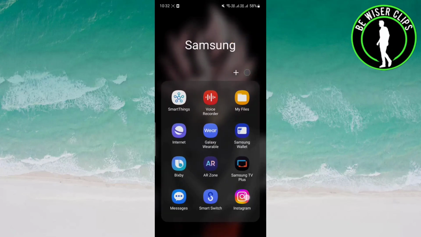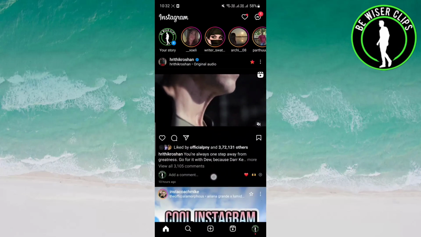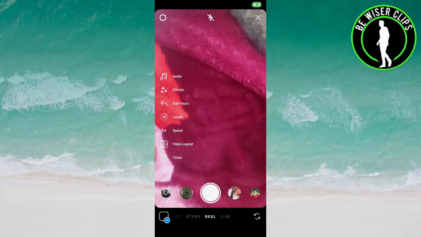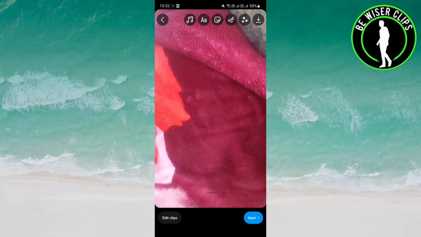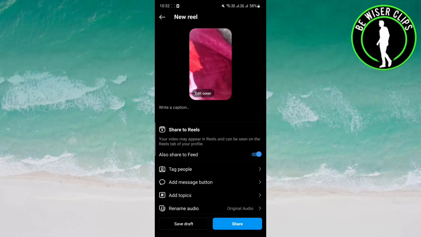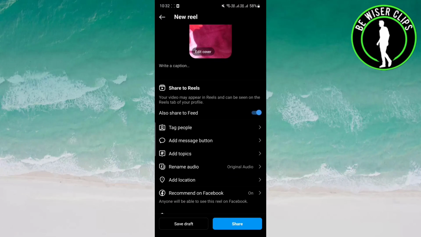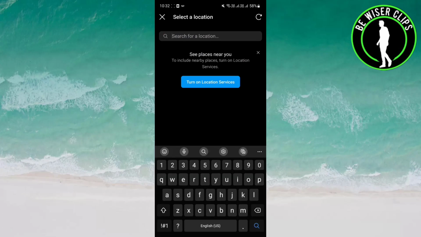Just open up your Instagram, swipe to the right, and record a quick reel. Once you are done, click on the next button and then click on next again. Scroll all the way down and you can see that there's an option for add location. Just click on it and you can add a place which you want